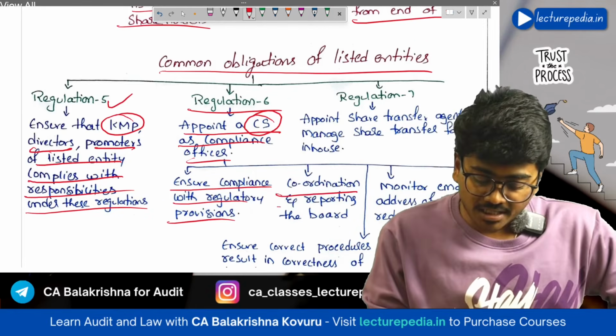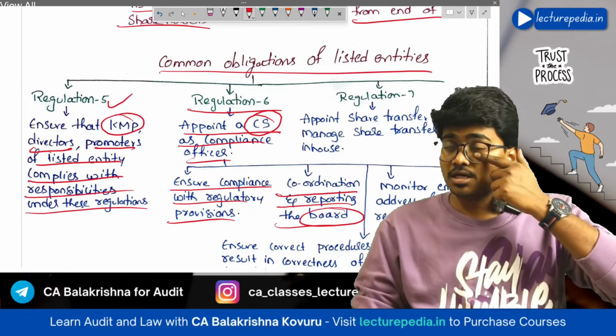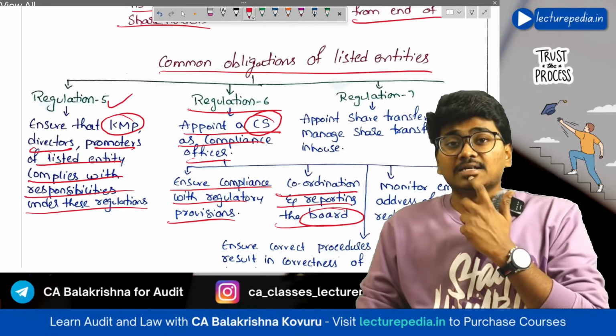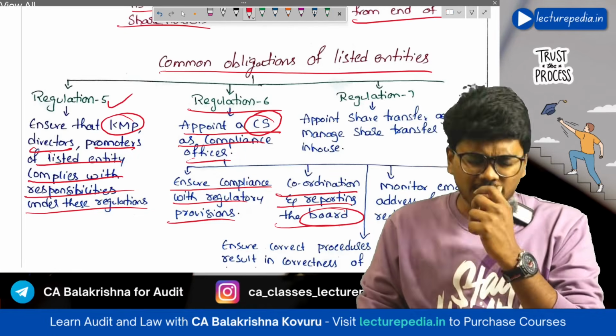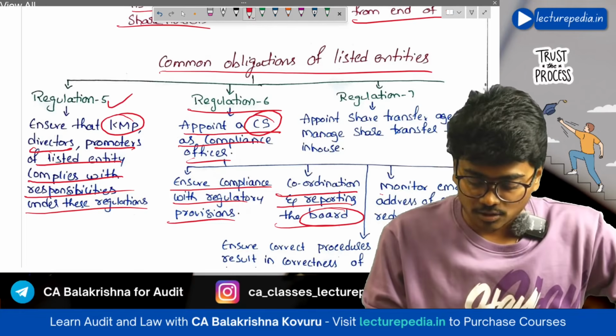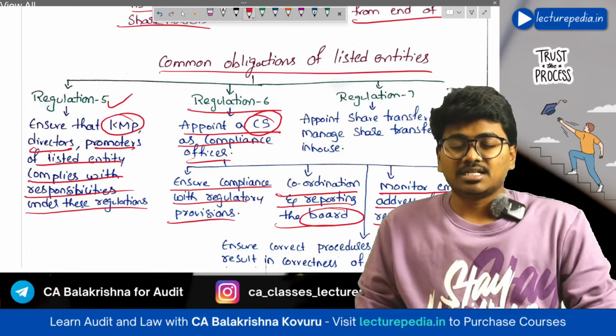Next, coordination and reporting to the board. The compliance officer has to coordinate with SEBI and he has to report to the board. Sorry, board means not SEBI, board of directors. Next, monitor the email address of the grievance redressal division. Now